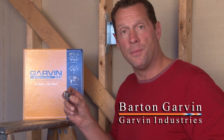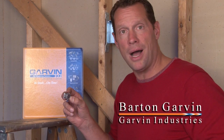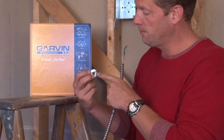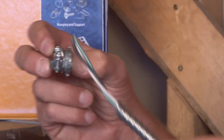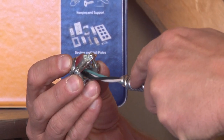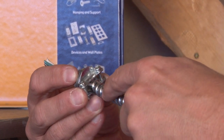When installing flexible metal conduit to electrical boxes or enclosures, one of the most economical ways you can do so when you need to connect the flexible metal conduit is to use the old 2-screw connector with a flange. The way that this product is used, you simply slide the flexible metal conduit inside of the connector,